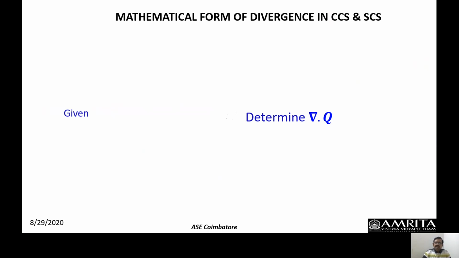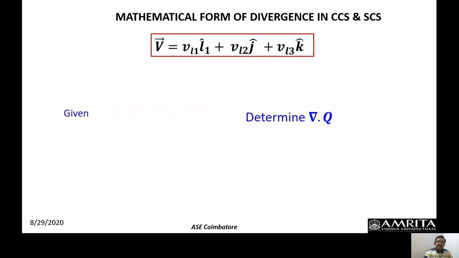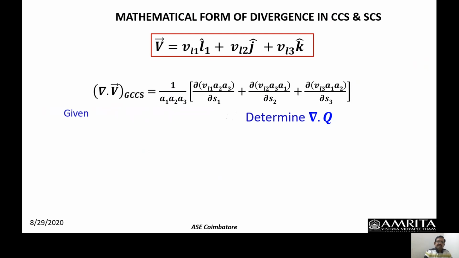Divergence of Q is a vector function, and we want to determine it for that function. I will tell you what this function is. Just a minute. This is my vector in general, in my generalized curvilinear coordinate system. This is my function, the given function. Again, I will derive this expression at the time of divergence, when I discuss it, we will take